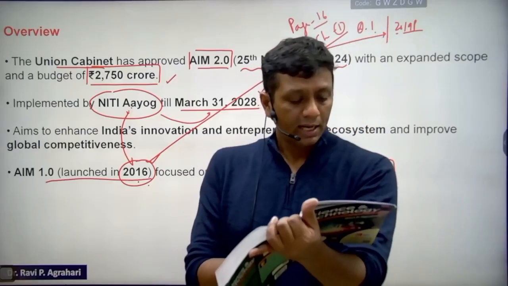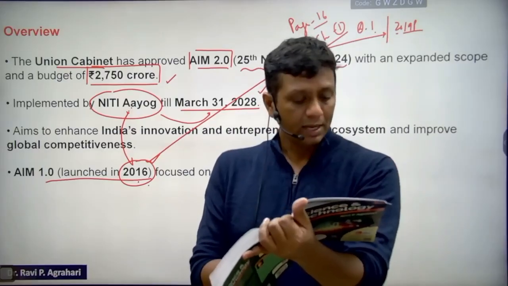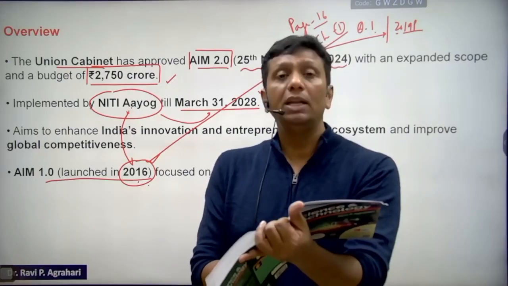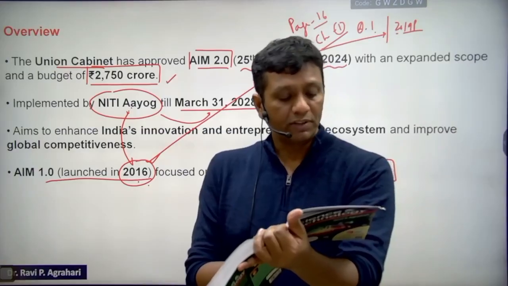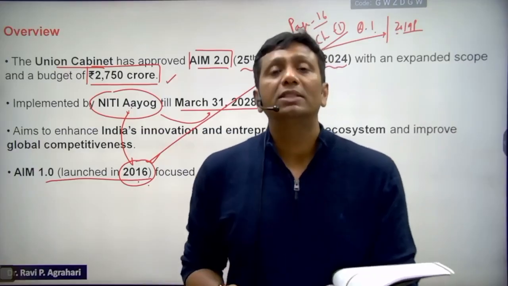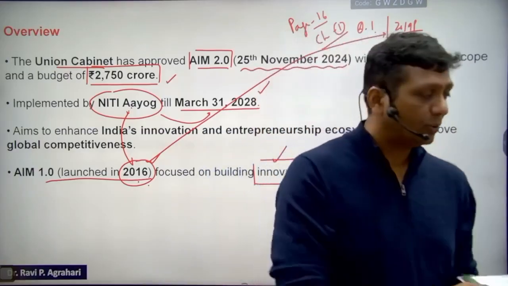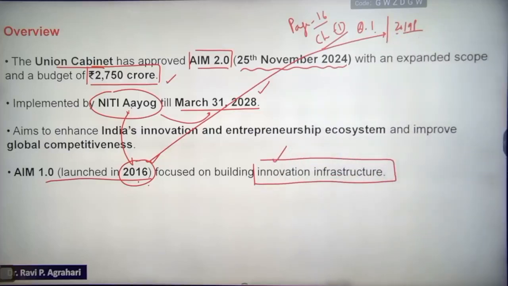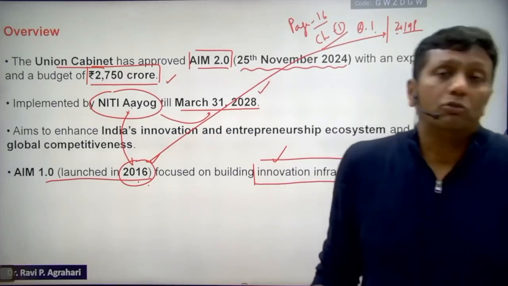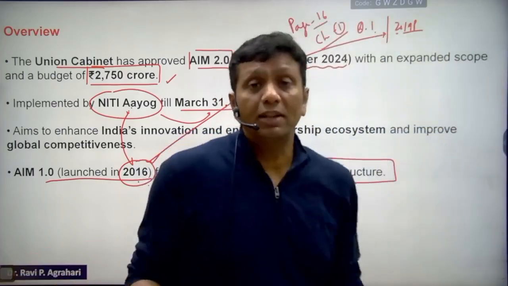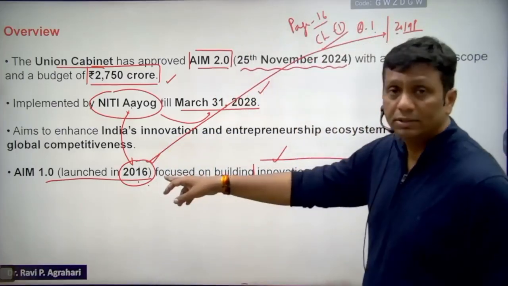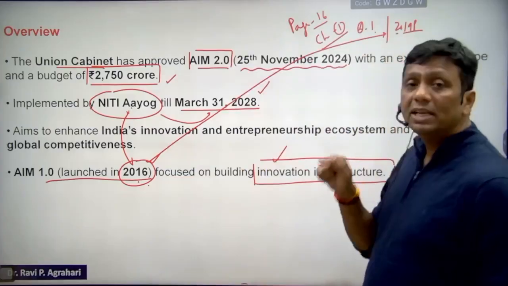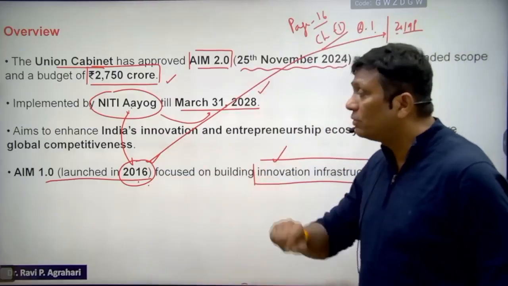Option A. Department of Science and Technology. B. Ministry of Employment. C. Niti Aayog. And D. Ministry of Skill Development and Entrepreneurship. Which answer is right? C, Niti Aayog. See, this is the question UPSC already asked in your paper. And this question was not current affairs. In 2019, if UPSC asks a question, the current affairs was in 2016.